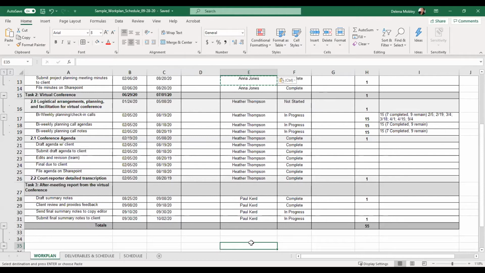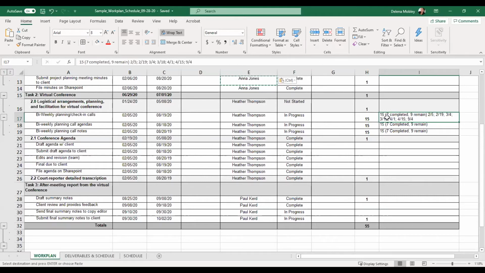And this is only while we're planning the virtual conference because there's so many decisions that need to be made very quickly. And so I like to keep track of the meetings that have already taken place. I like to keep dates. What I do is I take the calendar, and since the meetings are bi-weekly, I count the number of meetings that we will have between the start date of the period of performance and the end date. And I make sure that I tally them here, and when meetings are completed, then I make sure that I subtract